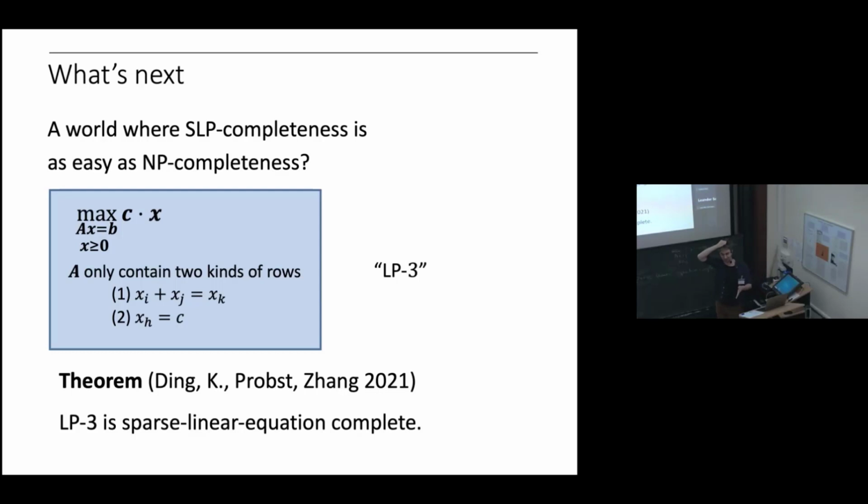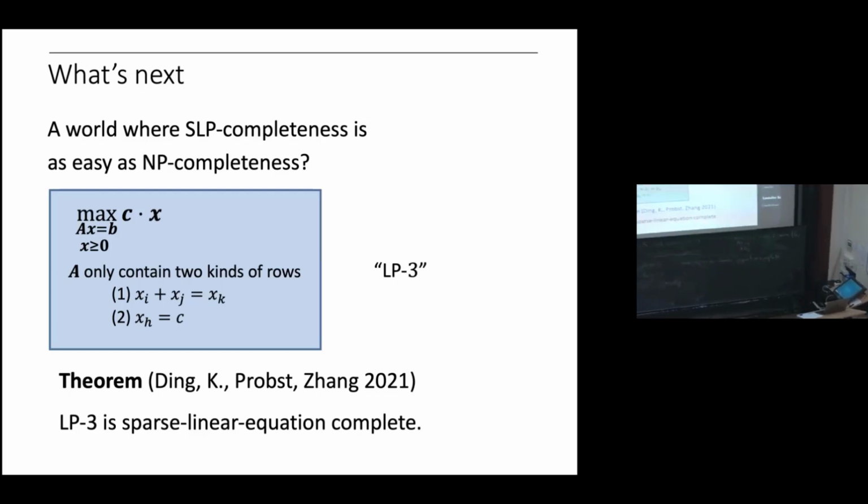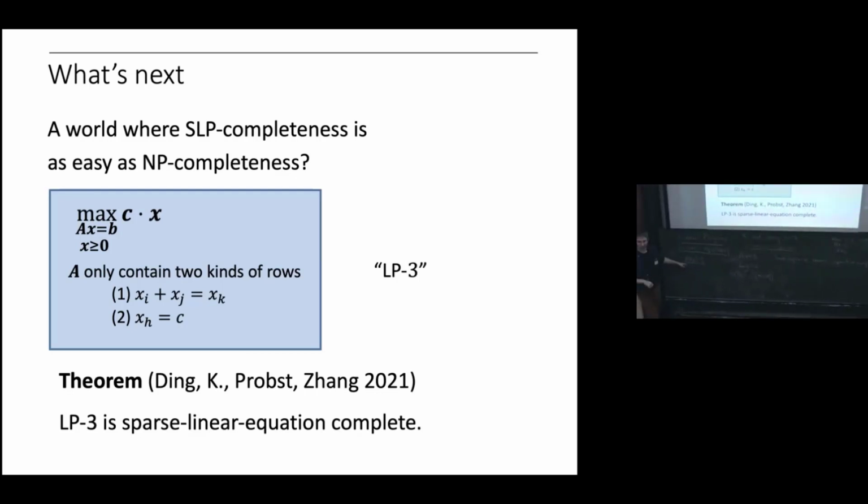And so now you can go home and find other problems that are sparse linear program complete. And I can already tell you one example. For example, there's a paper, MN21. This will just be for the topologists in the audience. I don't know, do we have any? Maybe not. So topologists like to study what are called abstract simplicial complexes, and you can define flow problems on these. And once you know that this thing is sparse linear program complete, then you immediately get that your higher order flow problems are sparse linear equation complete by a fairly easy reduction,